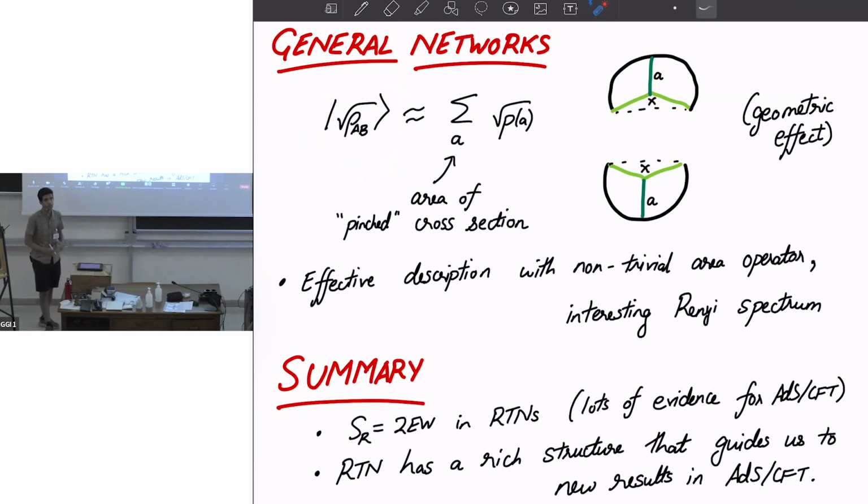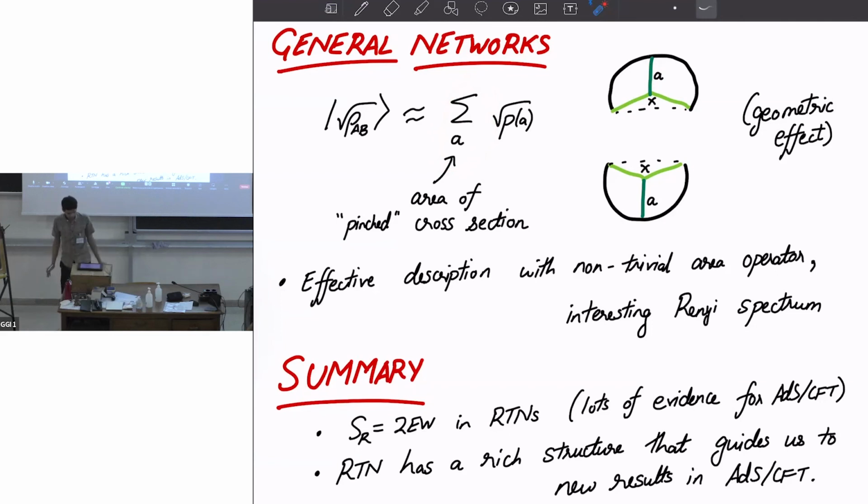The previous thing that we saw was a topological effect where you had different peaks labeled by the genus. And now we have different portions of the spectrum that are labeled more so by the size of the cross section. So it's a more geometric effect, which might be interesting to study in AdS/CFT. Because you have a sum over all of these different areas, the spectrum of areas, once you do the canonical purification in a tensor network, is non-trivial. The random tensor network itself had this dumb spectrum where it was just a flat spectrum. It just had one peak, but you get a much richer structure once you do the canonical purification.